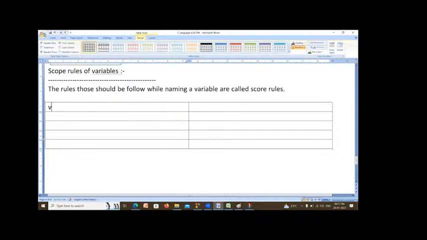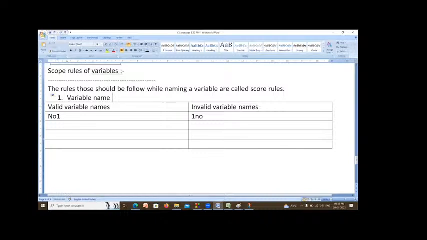So here I am going to create a valid variable name, and here I am going to explain invalid variable names. Number one, it is valid. First number, it is invalid. Why? Because it should begin with an alphabet or underscore, but it is beginning with a digit, no? So it is invalid.